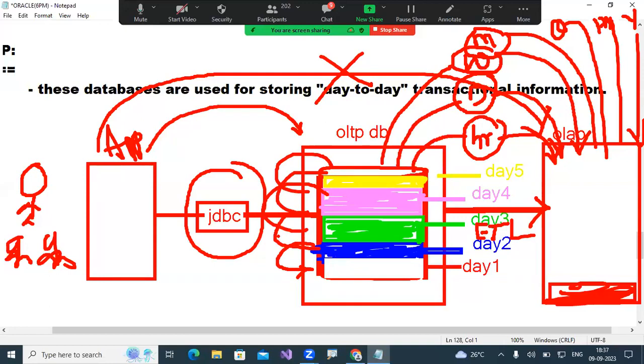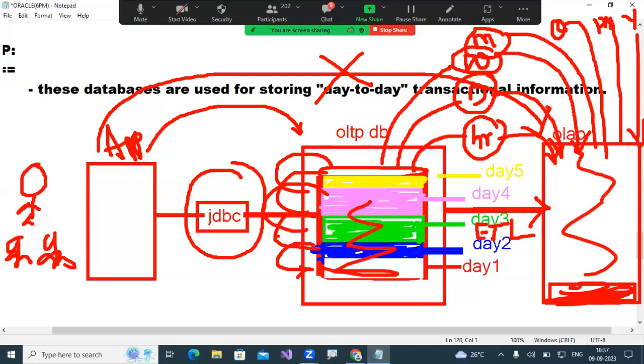In such a way, these two databases are maintained by real-time industry people, even banking sectors, hospitals, and big organizations. Understand now? But now one more question will come. Sir, okay, you said we understand this concept, but our doubt is, sir, this is full, and this is also full.